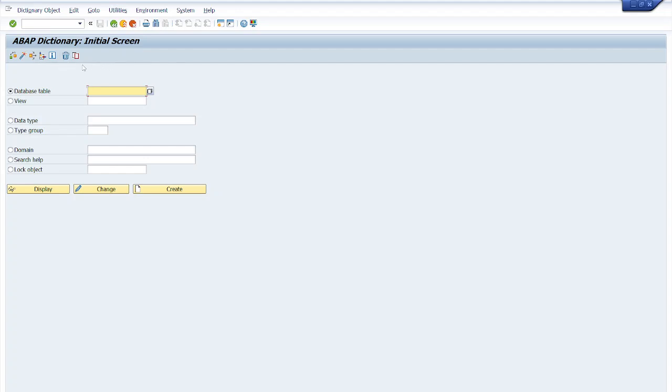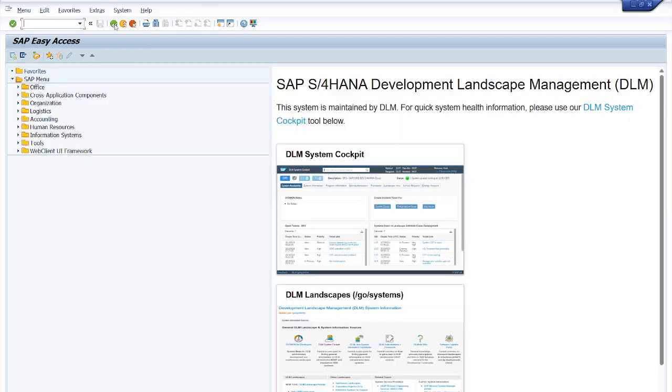With the help of the ABAP dictionary, what objects can we create? We can create database tables, views, data types, type groups, domains, search helps, lock objects, everything we can create with the help of the data dictionary in transaction code SE11. We will complete all these topics later. Don't worry about these topics now. If we go back,